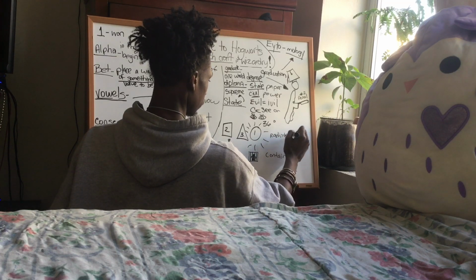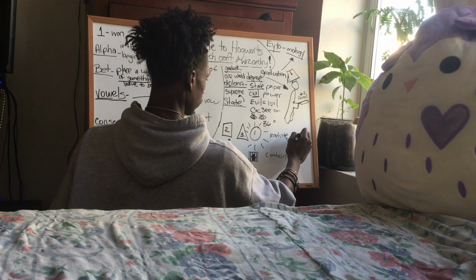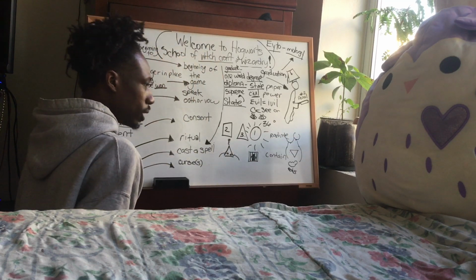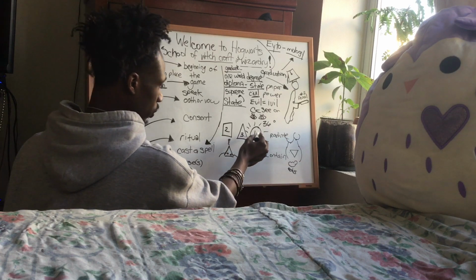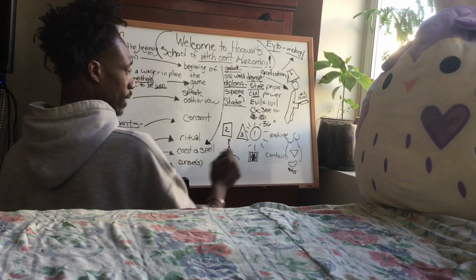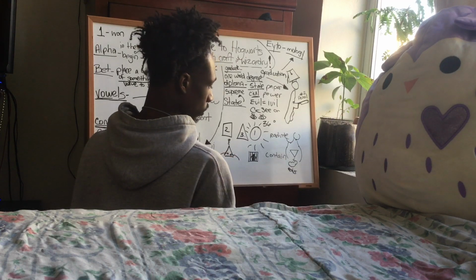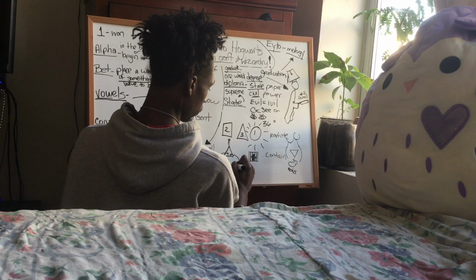The breast, which is a circle. And it's funny because women have breasts in the shape of circles, and that's where the milk comes out, and the circles give out energy. And then they have a baby through their vagina, which is an upside down triangle. And that's also the symbol for a woman.